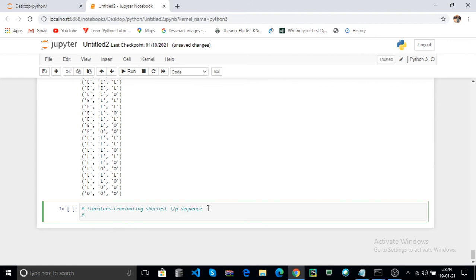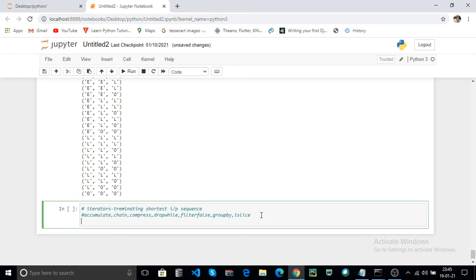Now what are the functions? Accumulate, chain, compress, drop while, filter false, group by, and islice. These are the main functions in the iterators terminating on the shortest input sequence.